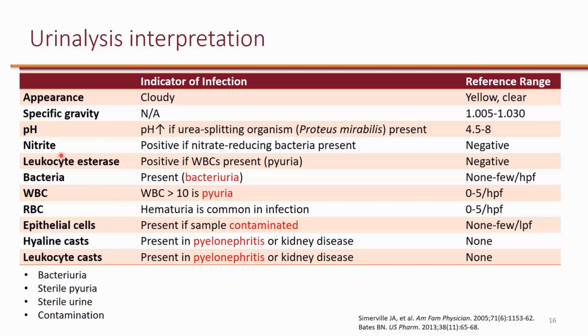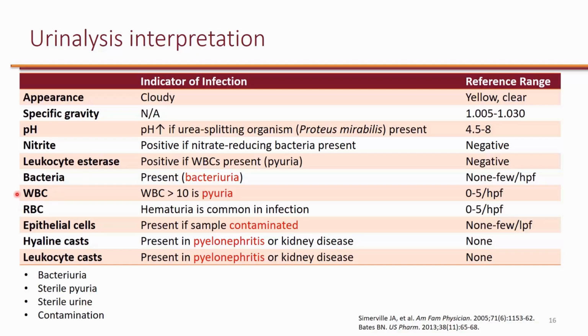So if nitrite is not supposed to be there in the urine, if you do find nitrite in the urine, it could suggest the presence of bacteria. Now, if the nitrite is not there, that doesn't necessarily mean there is no infection, and I'll explain that more on the next slide. If you find leukocyte esterase, that means white blood cells are present, because these esterases are released from the actual white blood cell from the body. So if you do find leukocyte esterase, that just means there are white blood cells present, and we call this pyuria. So pyuria means the presence of pus in the urine, or more specifically, the presence of white blood cells or leukocytes